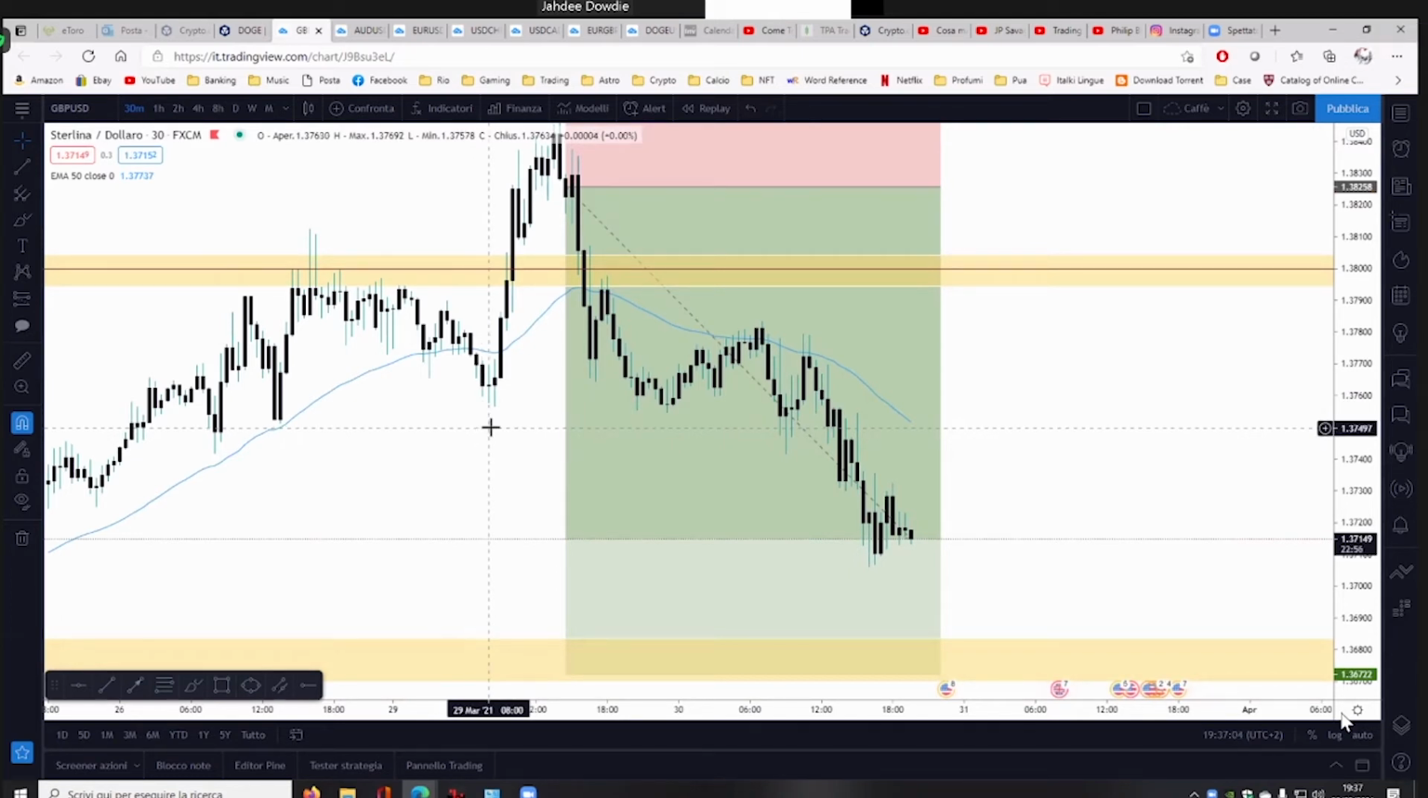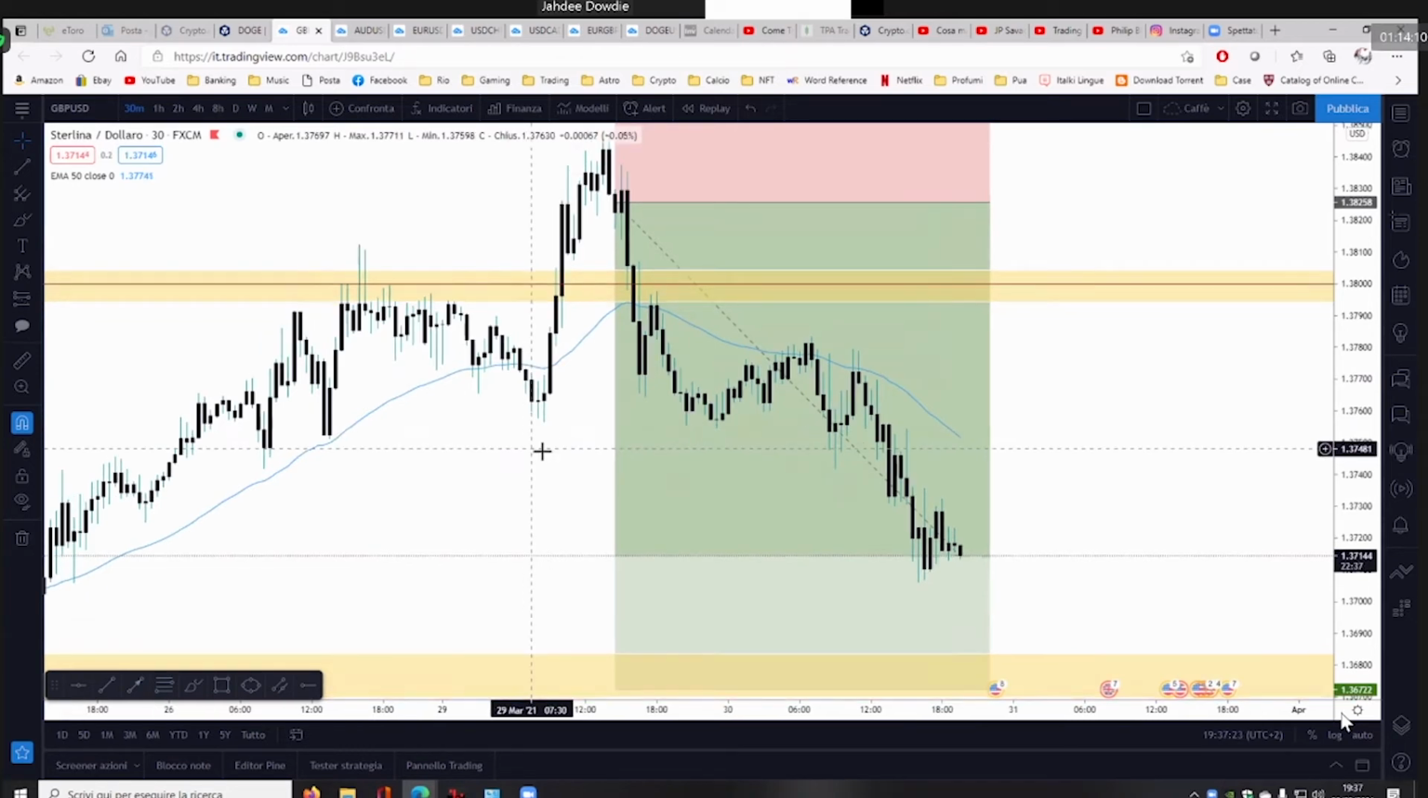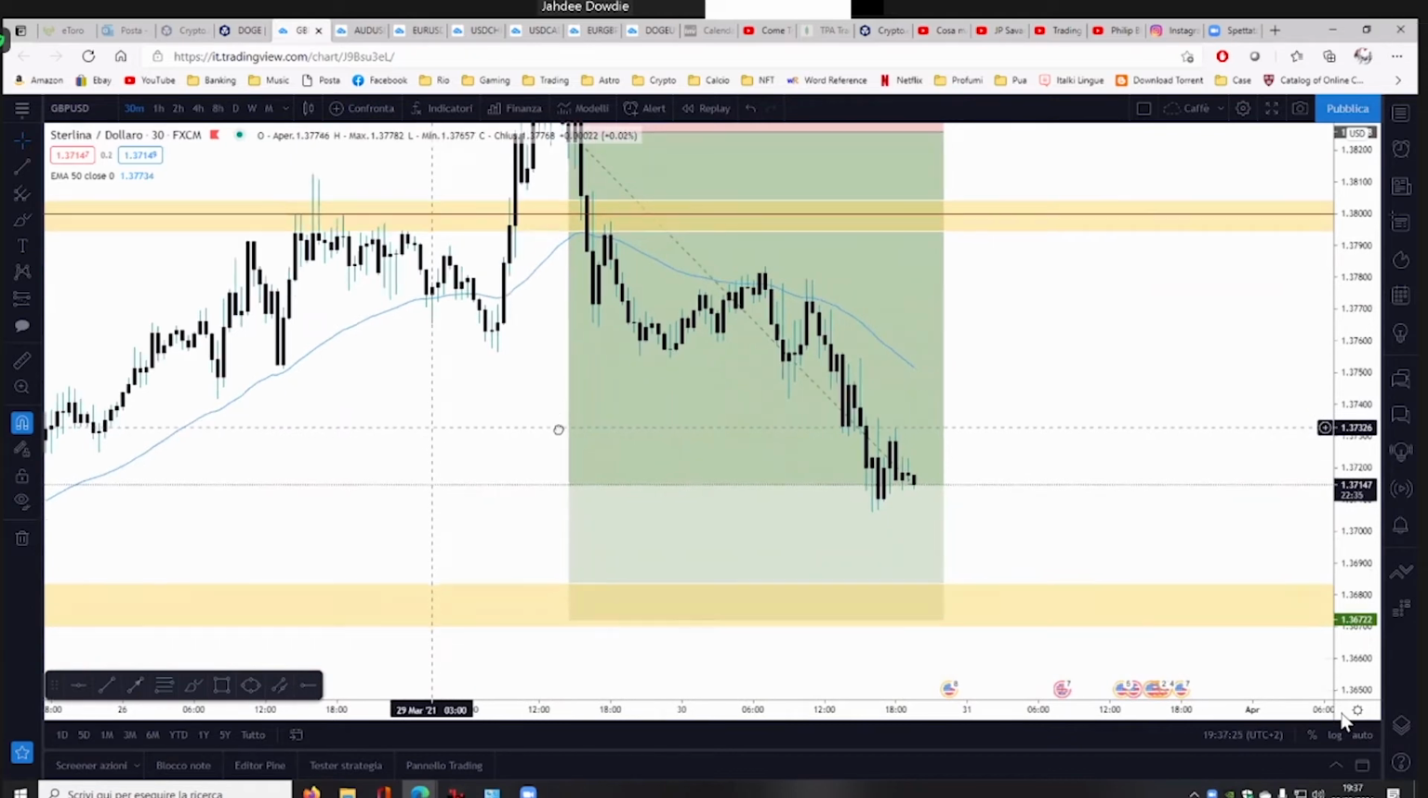So the more you go down, you may also try a smaller volume with lots, for sure. Like a smaller one, so you are more safe. And if I were to take entries mid range like that, they would